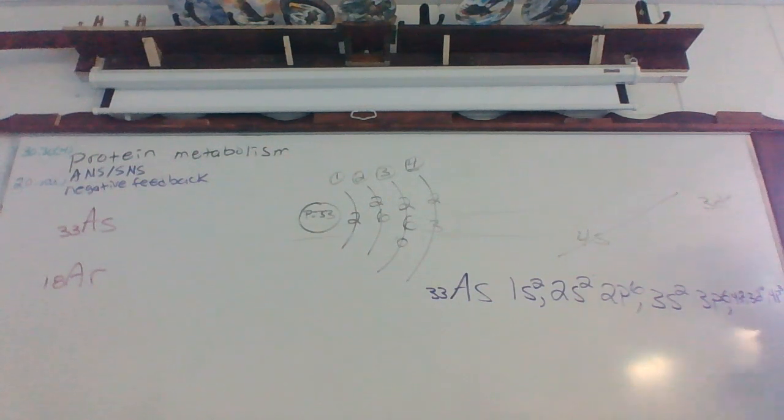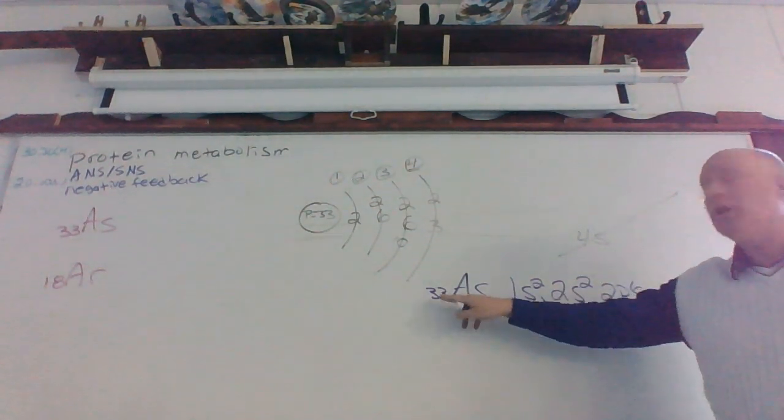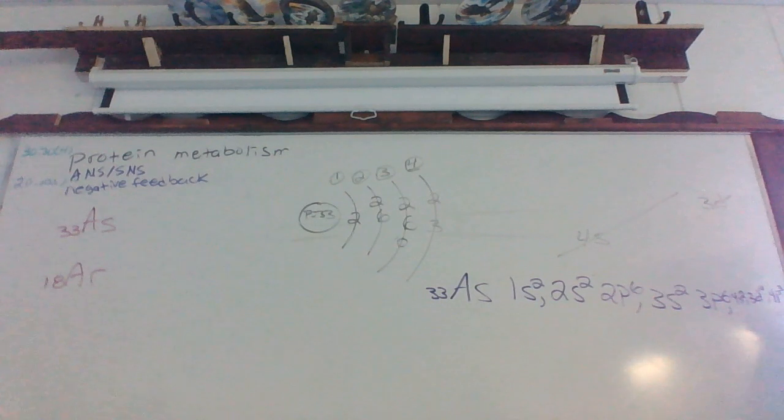Kind of ran out of space here. But when we add all these exponents up, 13, 15, 21, 23, 29, 31, 33. That's what we're looking for, 33. Now, as you can imagine,